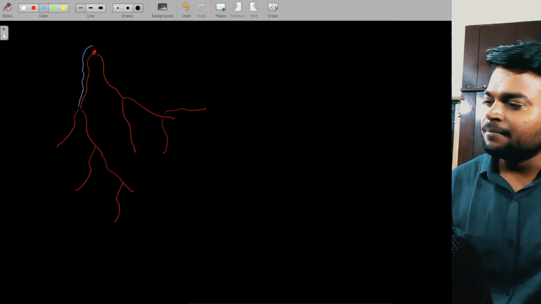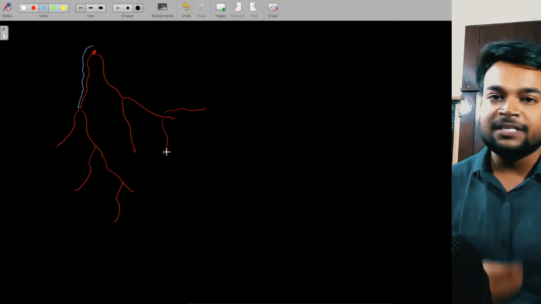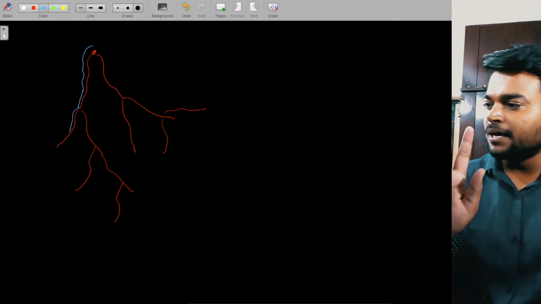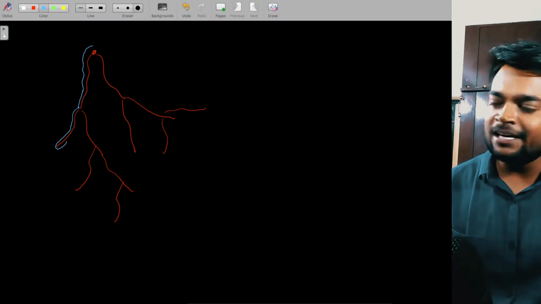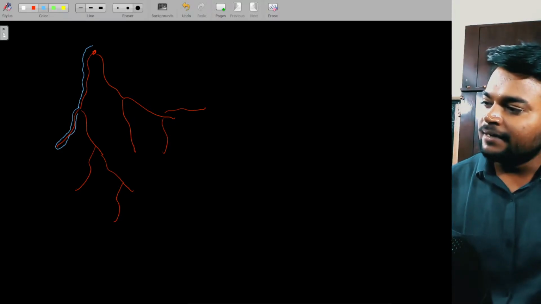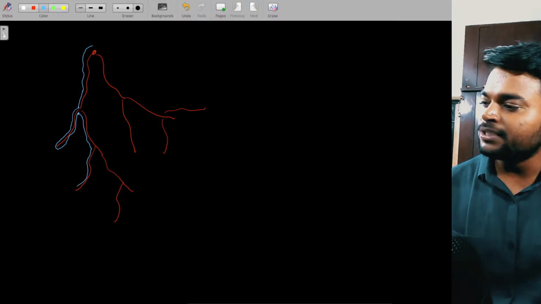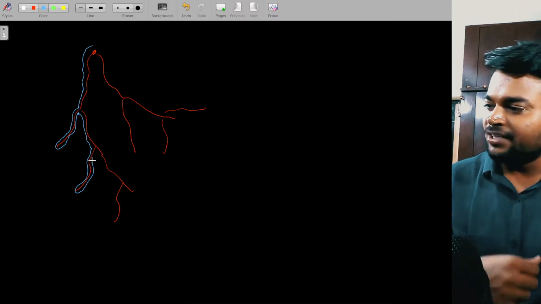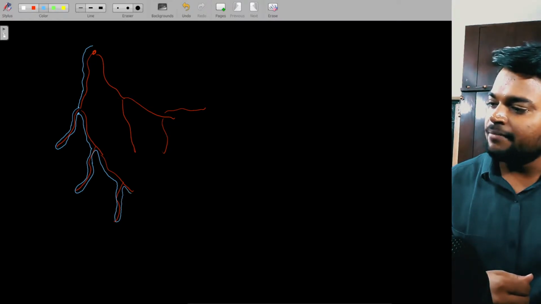On the particular stem, at this point there are two paths to go. So there is a branching, so I move to the first branch and I keep on moving till I find the endpoint. As soon as I find the endpoint, I backtrack along that stem till that diversion point and move to another branch. I keep on moving. Again, there are two diversions, so I move to the first diversion. I keep on moving until I find the endpoint, and again I backtrack, move to another branch, and again backtrack, move to another branch,